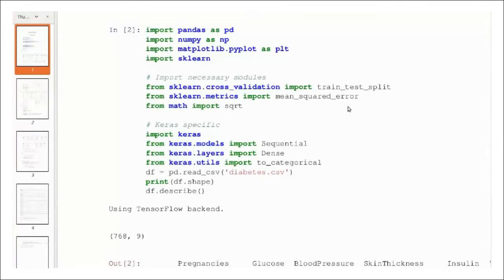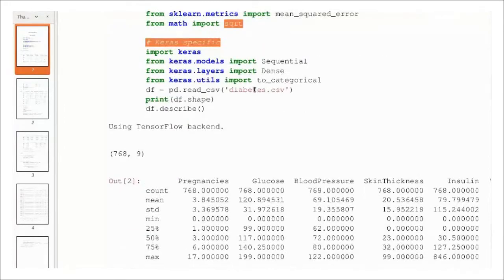The data set we are using is represented by a CSV file, diabetes.csv. In order to process the data, we require pandas. Then for matrices we need NumPy. If we are interested in visualization, we can use this one. And some scikit-learn functionalities are required, like cross validation and accuracy calculation metrics. These are some important packages; other packages you can import as needed.